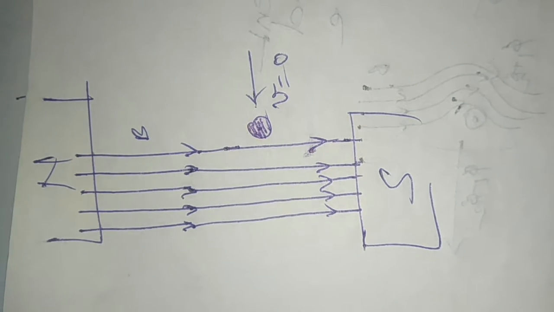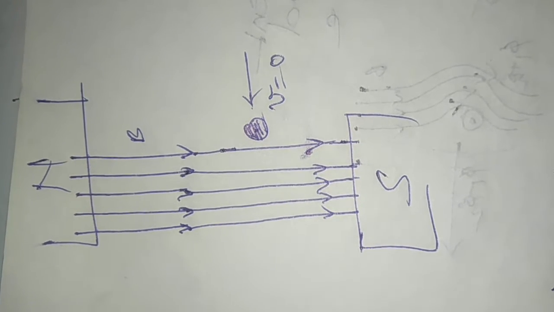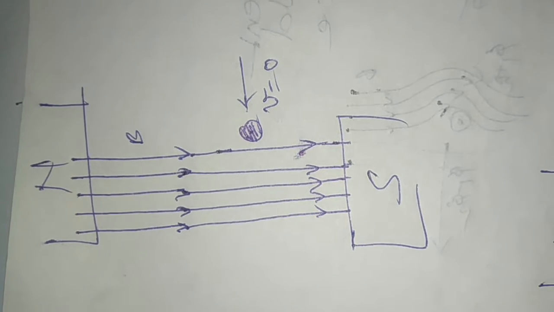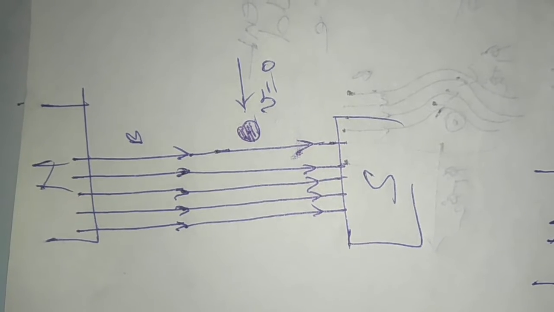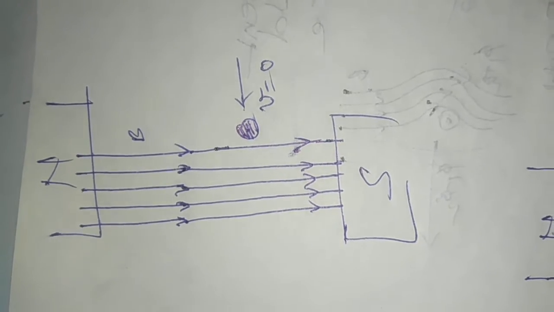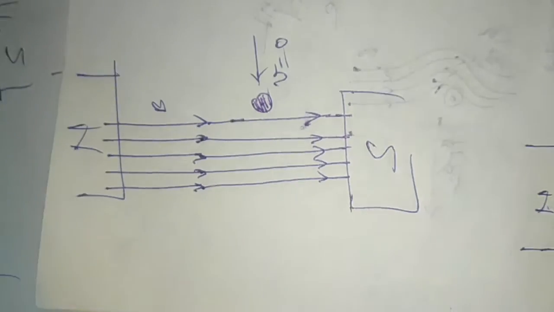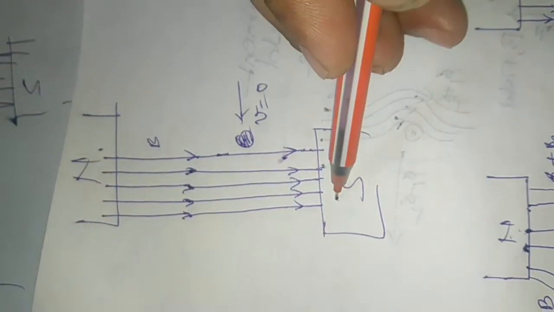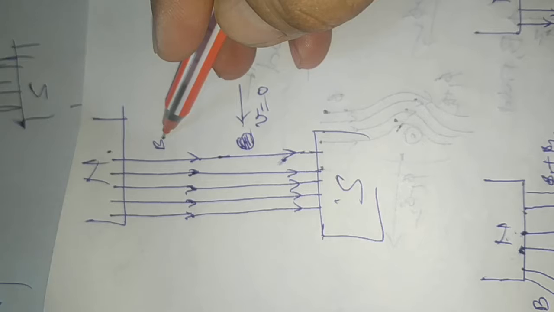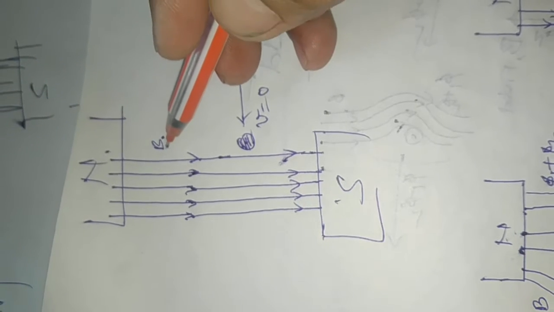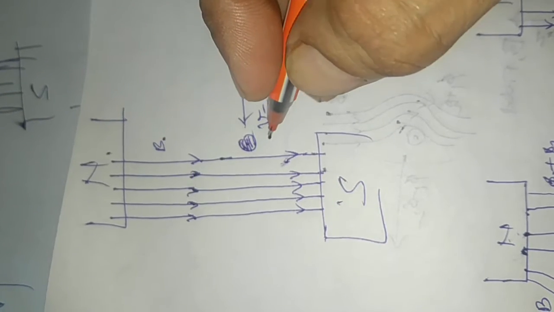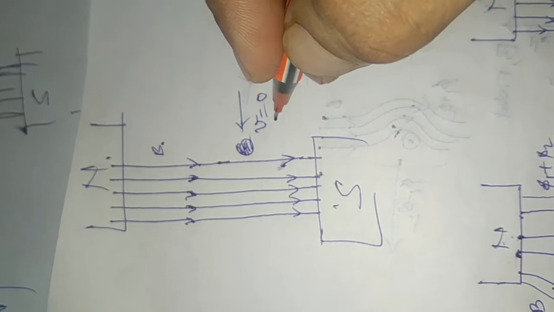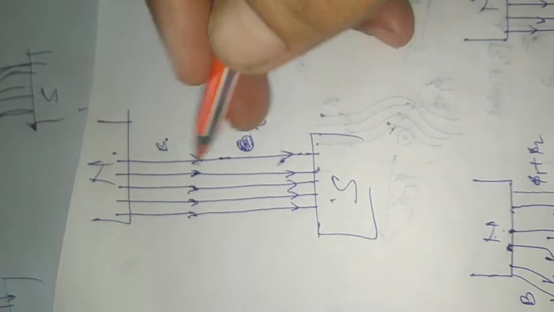Dear friends, today I will tell you what will happen if, in any field, we force the conductor forward or backward. Then what will be the direction of the induced current in the conductor? So this is N and this is S, and there is a magnetic field flux B, and a conductor is placed and there is no movement, the velocity V is zero, so the flux lines will be straight